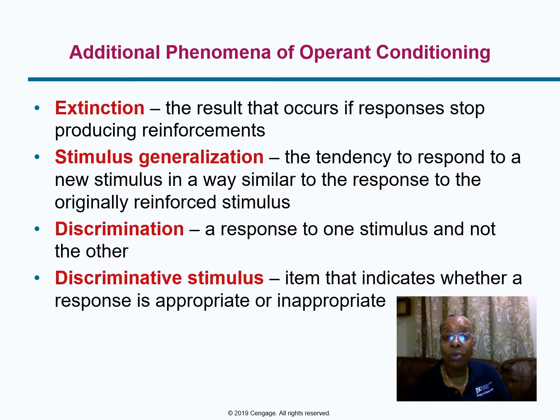If reinforcement happens for responding to one stimulus and not another, the result is what we call discrimination, yielding a response to one stimulus and not necessarily the other. One example is that you may smile and greet someone you think you know, but then you realize it's someone else. After several times of experiencing this, you learn to recognize the difference between the two people, and you might not smile, although it would be nice to smile at everybody that you see.